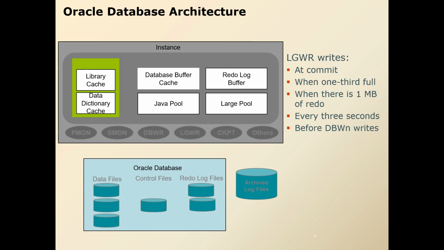Again, I repeat, dirty buffer means the changed data. When you do insert, update, delete, it gets written into the database buffer cache. From the database buffer cache, before it is written into the data file, the dirty buffer gets written into your redo log. Remember, only the dirty buffer, meaning any buffer which has been changed. The dirty buffer gets written into the redo log buffer, and from the redo log buffer to the redo log files it gets written with the help of your log writer process.